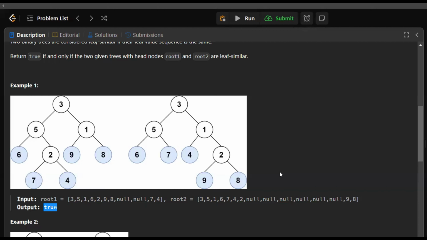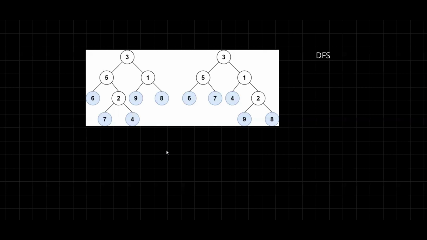Now, I hope you understood the problem statement. Now let's move on to the algorithm. In this problem, we have taken this example to solve this problem. Here, we will use the depth first search technique. Now, let's run our DFS function on the first tree. Now, here, the DFS call is at this position, which is 5. Now, the DFS call is at 6. So, 6 is a leaf node because it does not have any children. So, we have to simply add 6,